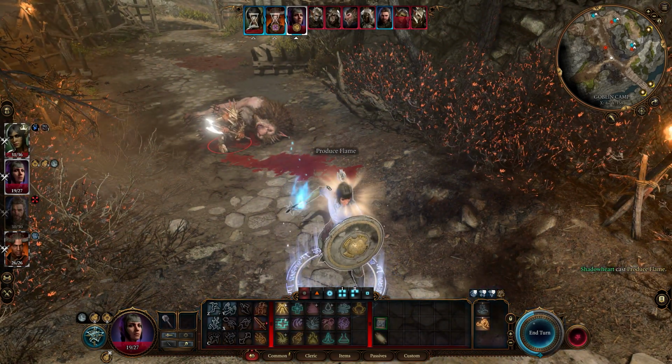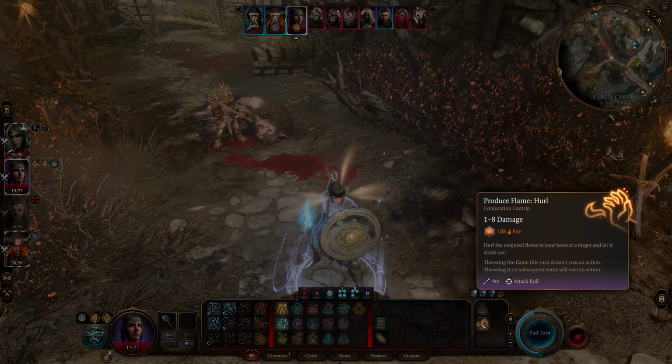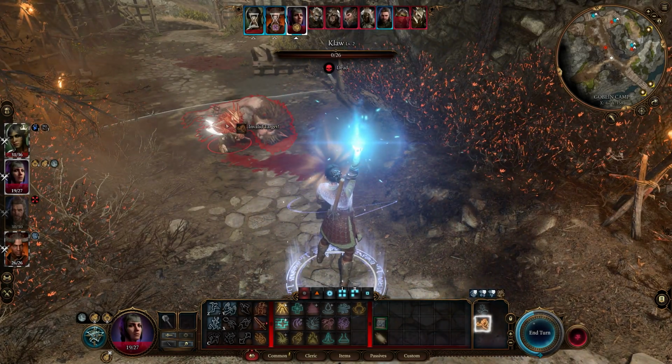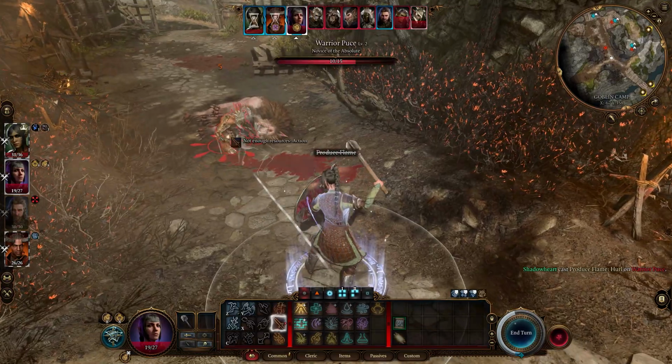So Produce Flame actually does what Light does and what Firebolt does. It just doesn't do it as well as either one of those other two cantrips. And I would never pick it over the other two if I had the option. But it's important to note that this is only available to the Cleric and the Druid, and because of that,